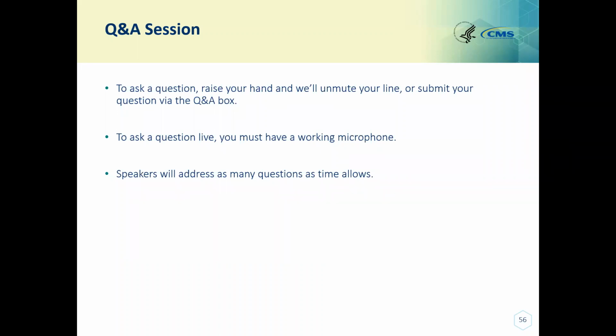Hi, I asked a question before about the PI measures that are attestation only, if that's the way you want to do it. Are they the same as the previous year? There's one additional one, the SAFER guide is an attestation. Fulfill a yes or no, but everything else is the same. Everything else the same? Okay, great. Thank you so much.